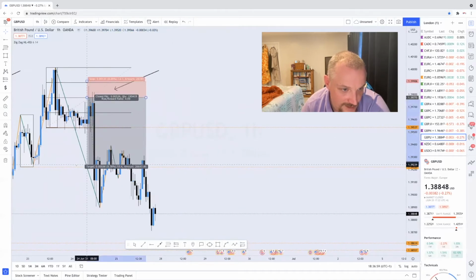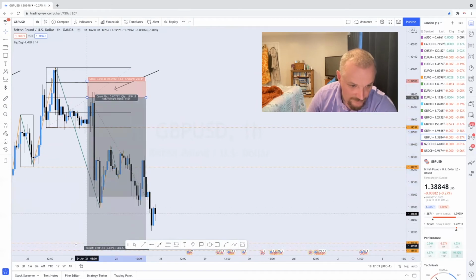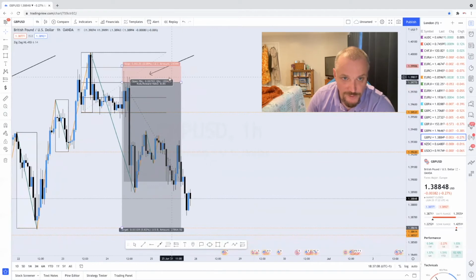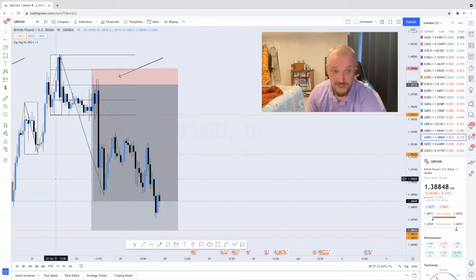You could technically have had a 1 to 4.2, or if we go all the way down to the bottom, which is this block here, you could go for a 1 to 8.85. Okay, so hopefully you're grabbing the gist of what these blocks are. It's just identifying where the swing points are and getting used to where you draw them from. Okay, you need to really take notes, jot down things, watch this video back as much as you possibly can,